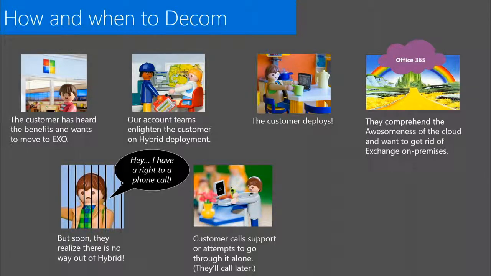So anyway, the challenge is that the real problem is identity, right? The problem is identity. You most likely had DirSync and deployed hybrid because you wanted to have single sign-on to some extent, either ADFS or Identity Federation or password sync, one or the other, right? After you move all your mailboxes to the